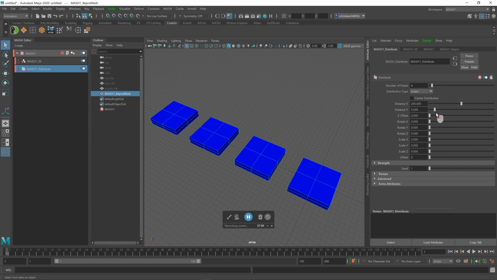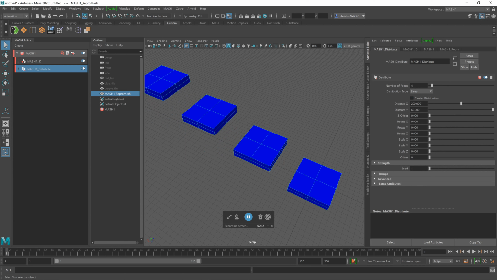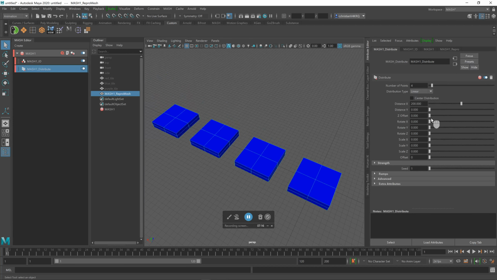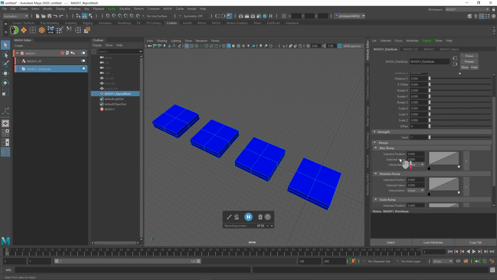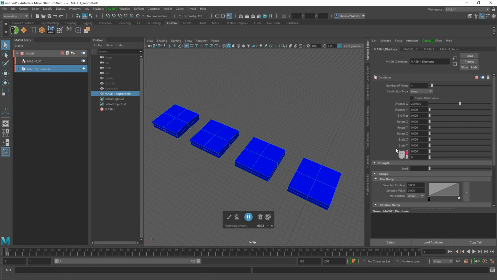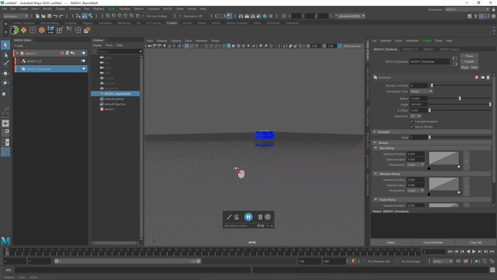So this one is changing the y, distance x, distance y. We have z offset, rotate x, rotate y, rotate z. I believe all of these are keyable attributes, in case you want to animate them. We can even do set driven keys with them. If we go down here, we have a bunch of other more complicated advanced options available, but those aren't really necessary for this lesson. But if we go here, we can actually change the way that all of these things